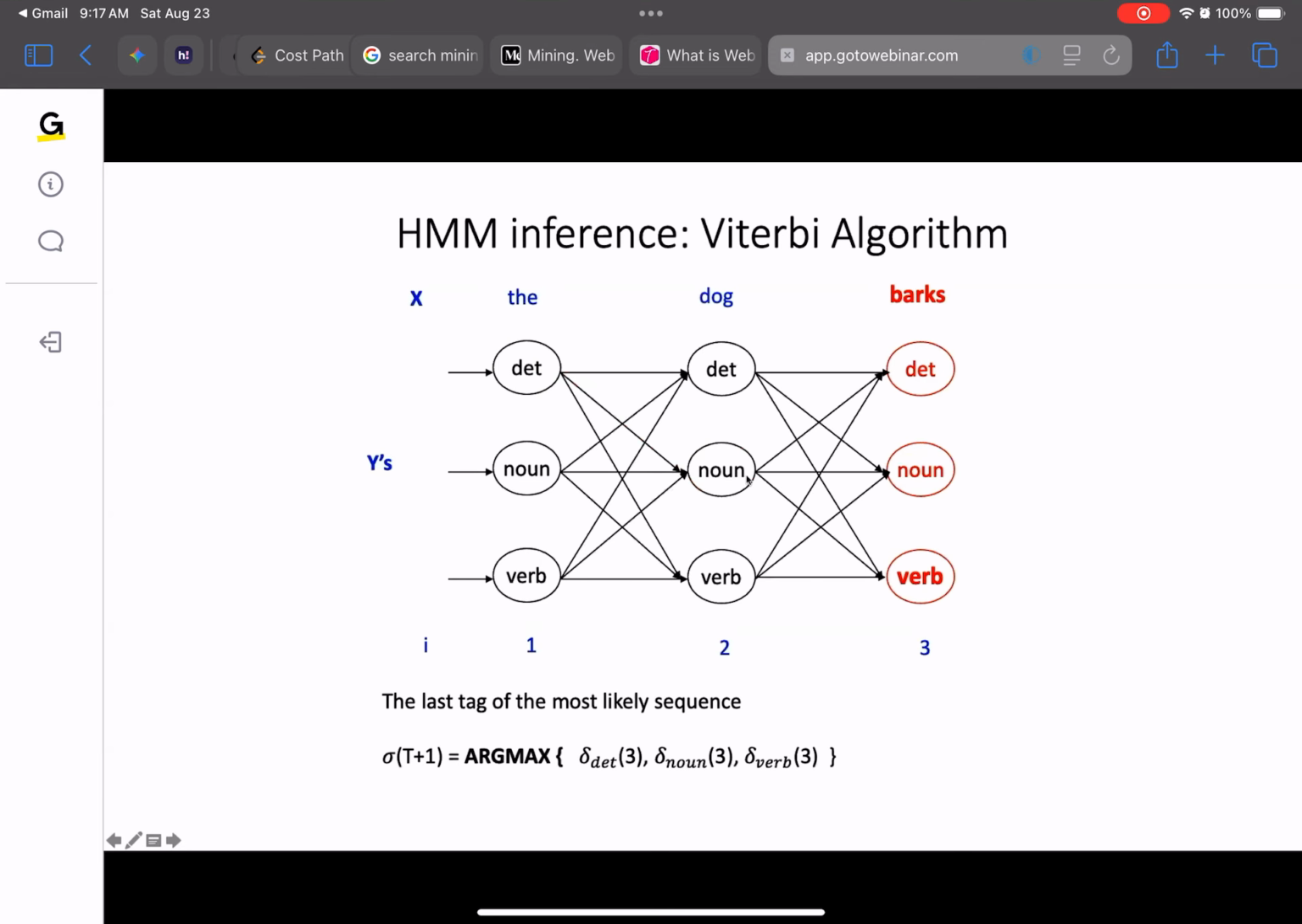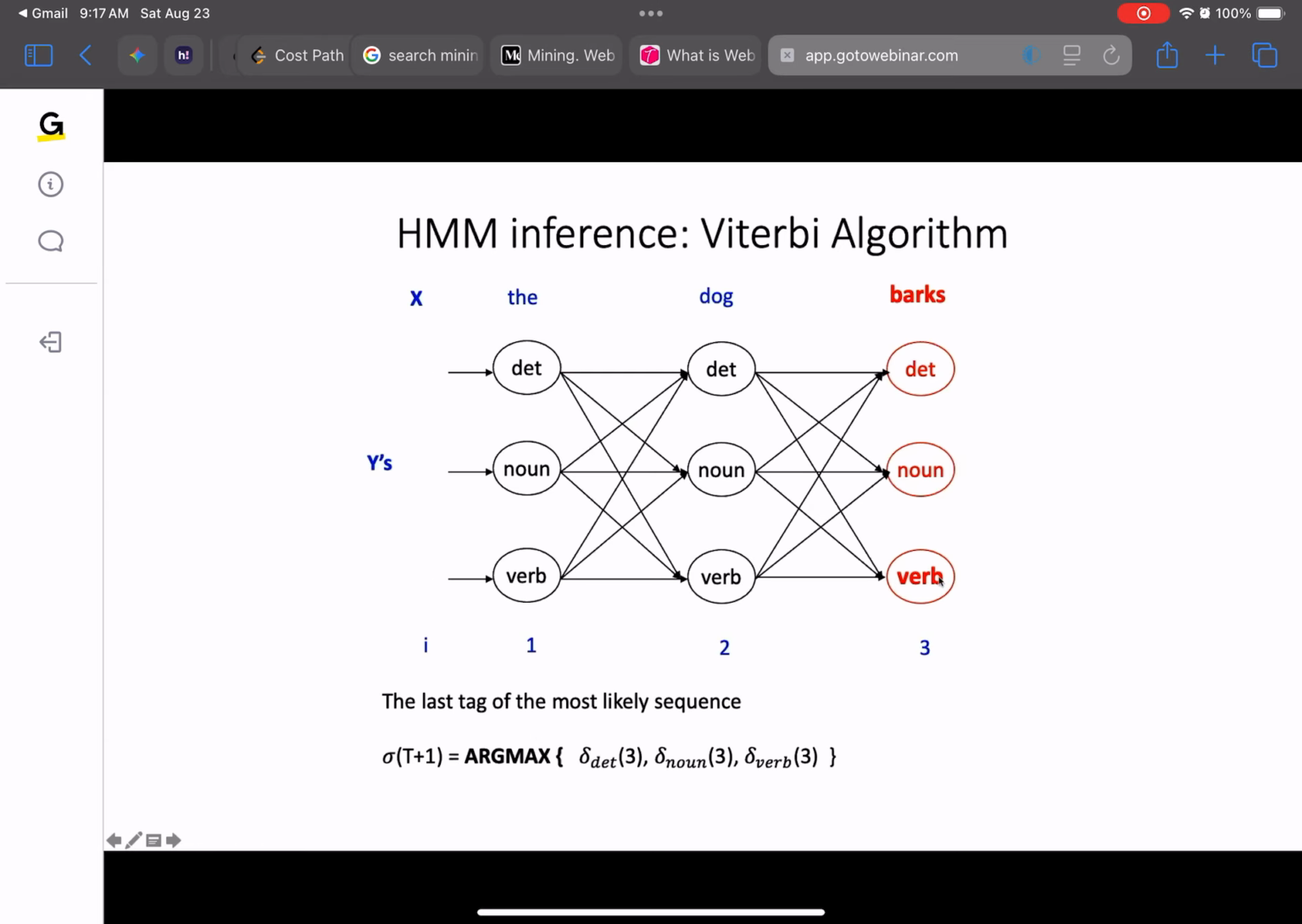Similarly, we have to compute the deltas for all possible states in all sequences using the recursive approach. After reaching the final instance of the sequence, we can find the argmax of the deltas which we computed. In this case, it turns out that the last tag, which is the most likely tag, is a verb, and